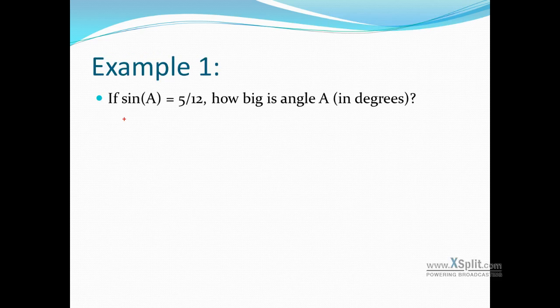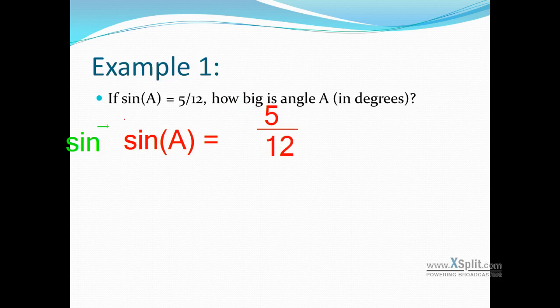Like I said, we can use these to get rid of sine, cosine, tangent. In this first equation that we see, we have a sine of A is equal to 5 over 12. In order to get rid of sine, I can go ahead and use sine inverse on both sides. Sine -1 on this side, and similarly here, sine inverse on this other side. The sine and the sine inverse are going to get rid of each other. Just like a +7 and a -7 get rid of each other, sine and sine inverse get rid of each other completely, leaving us with